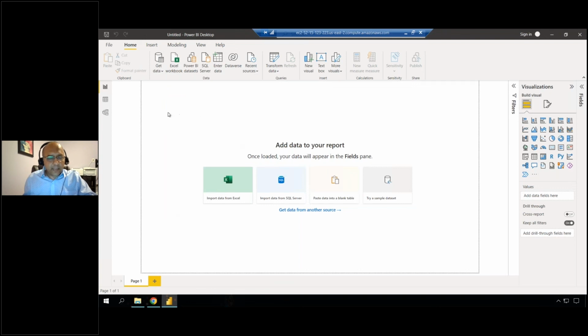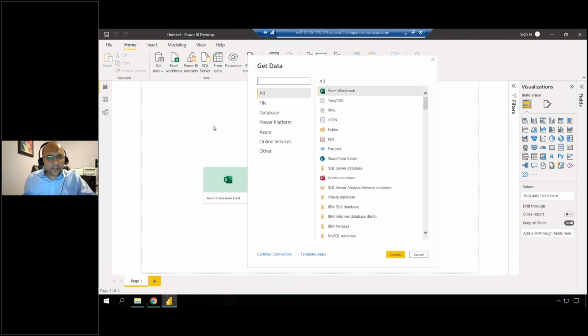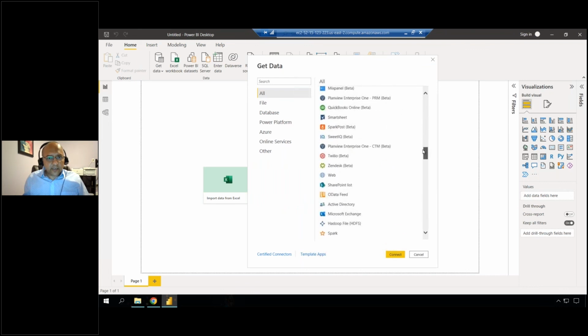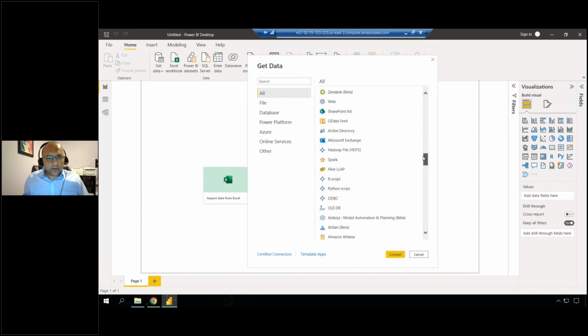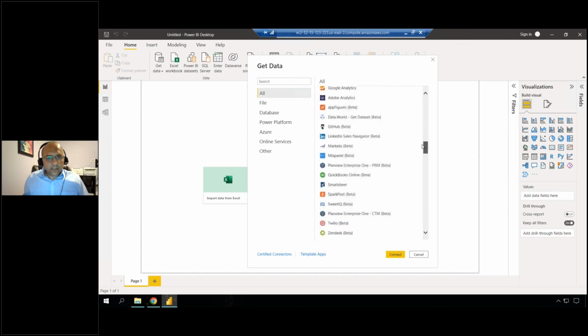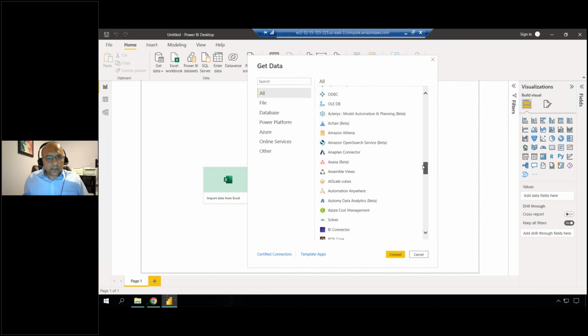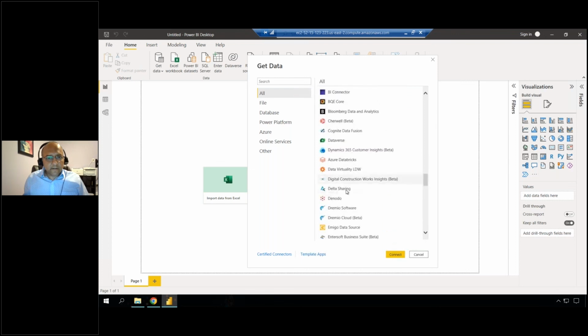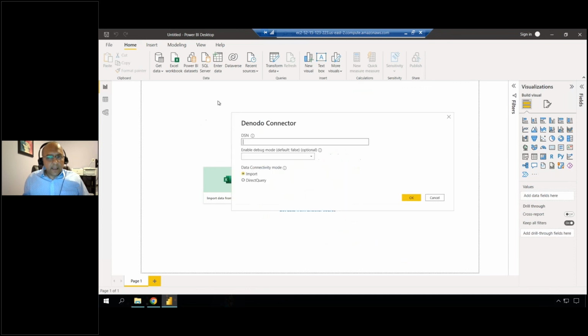Power BI has a connector for the Denodo specifically. So if you look under connections, you should find a connector for the Denodo. Let's see. Maybe we passed it. No, it's right here somewhere. Okay, there you go. So Denodo connect, and this should bring up